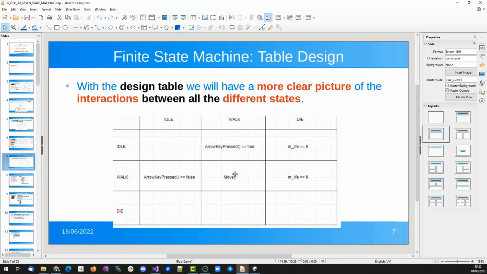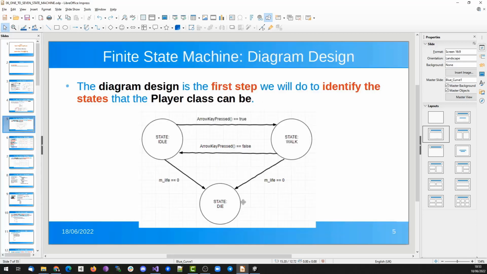In this specific state, we are going to move. Next, from walk to die, the same as from idle to die: the life must be 0. Finally, from the die state, you may have noticed that there is no transition back, neither to idle nor to